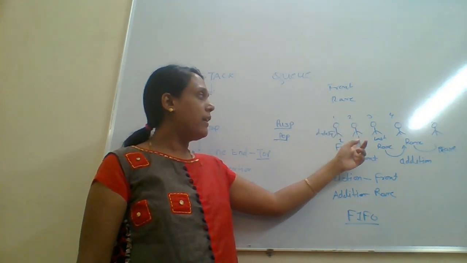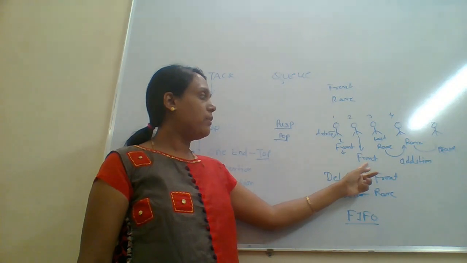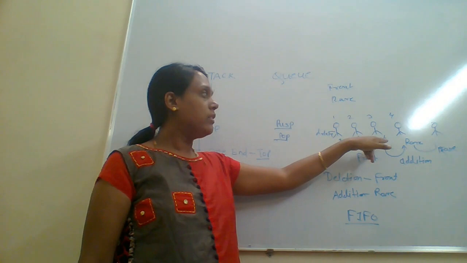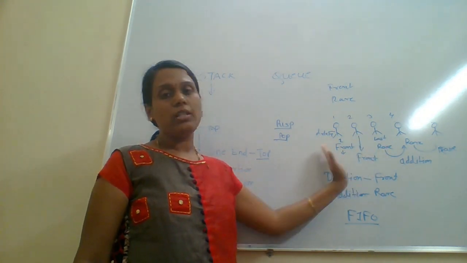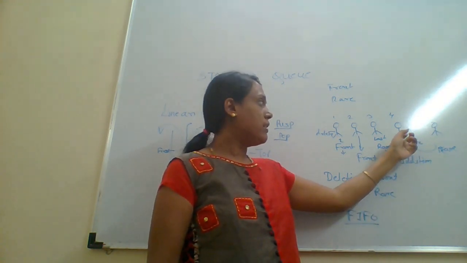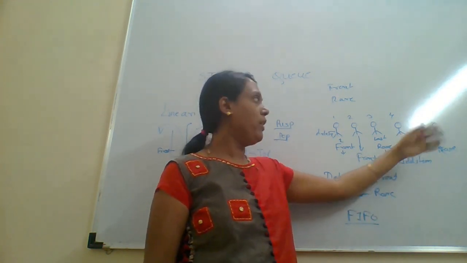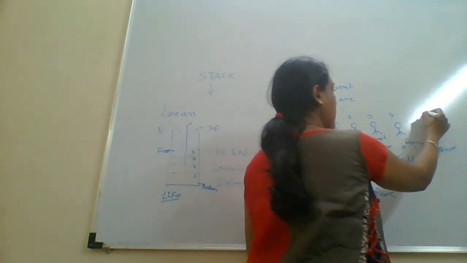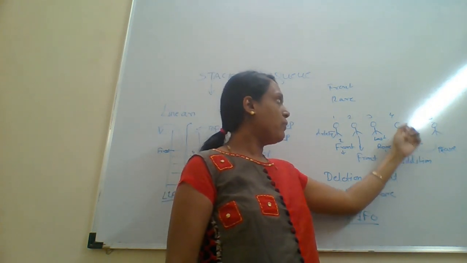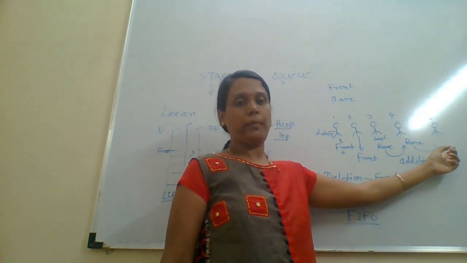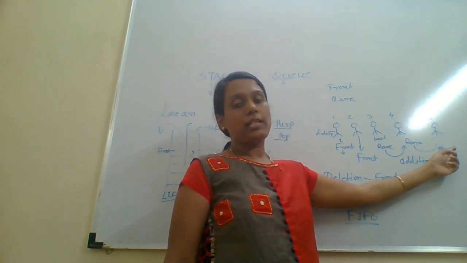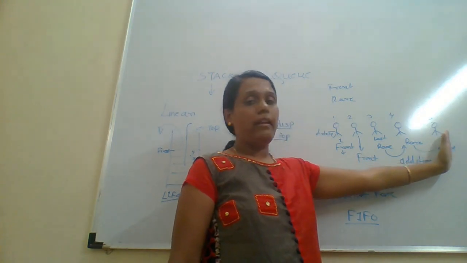Then whoever is standing at the second location becomes the front of the queue. When he takes the ticket, he is deleted and the next person comes to the front. So this is the deletion of the data. Now the addition of the data. The fourth person is at the last position. Now one more person comes, that is the fifth person. When the fifth person comes, the rear end is transferred from the fourth to the fifth location. That is, addition of data in a queue takes place at the rear end.